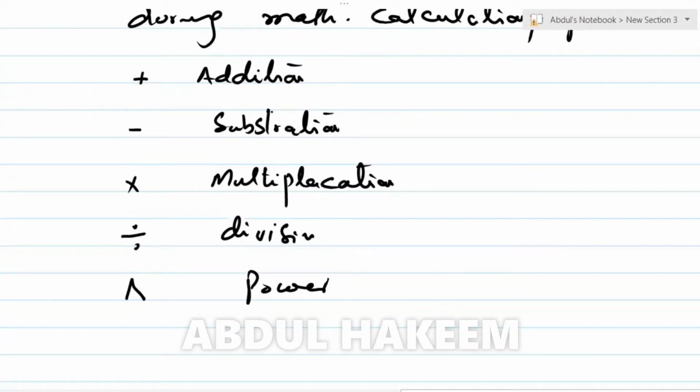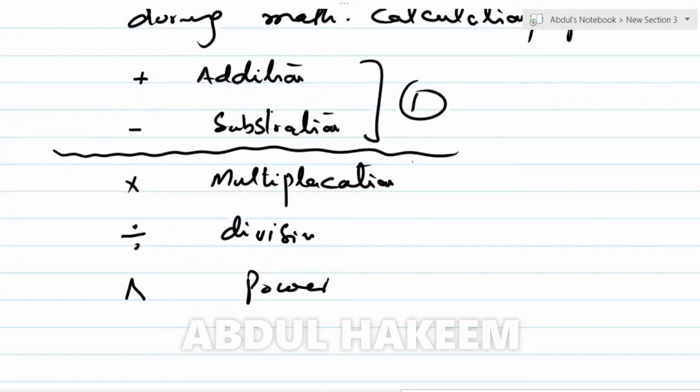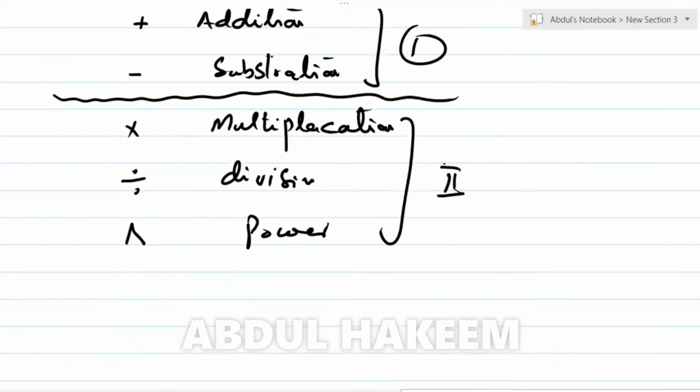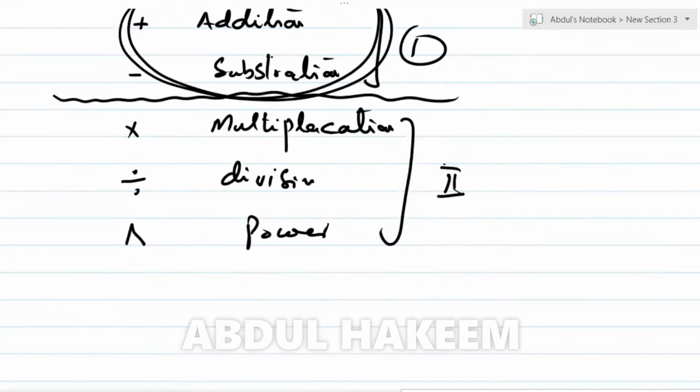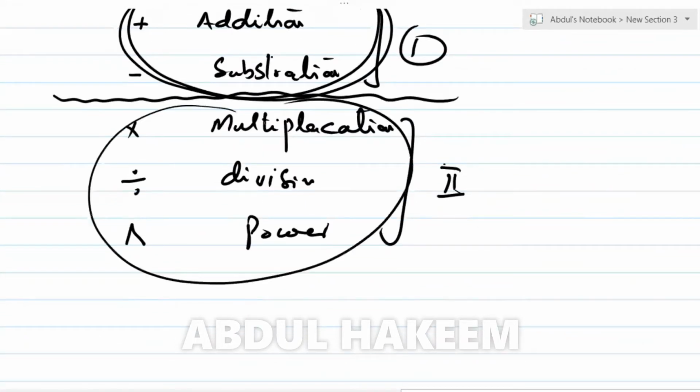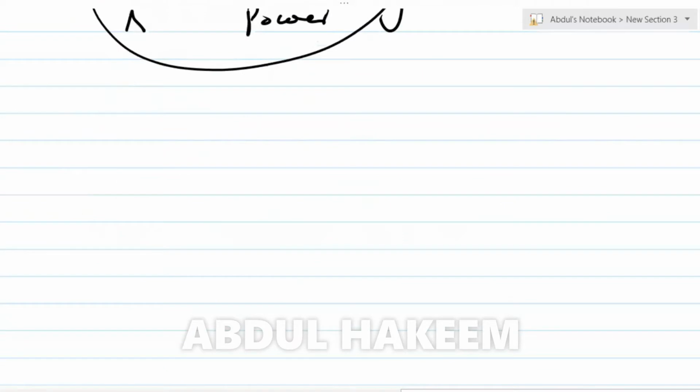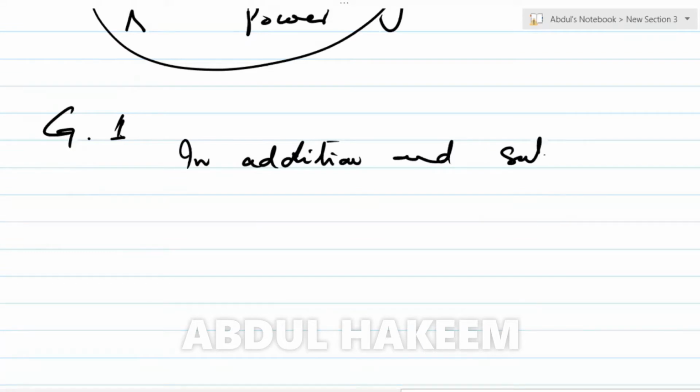Now, these types of errors, compound errors, are divided into groups. So this is the division of the group. So this is group 1 and this is group 2. So the group 1 is about addition and the subtraction, and the group 2 is about multiplication, division, and the power. Now the group 1, G1, in addition and subtraction,